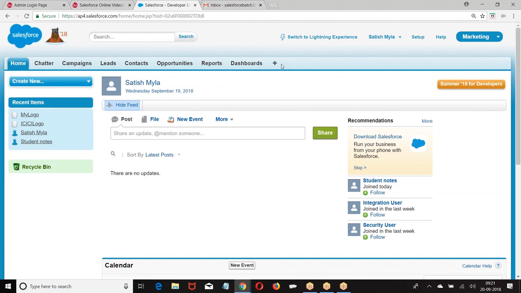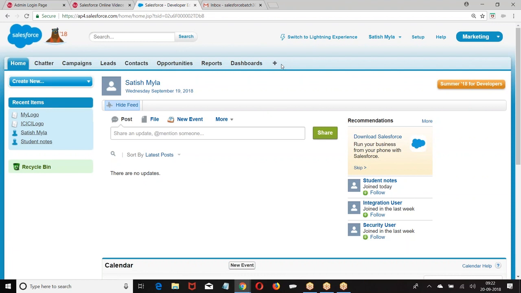Applications created by Salesforce are called standard applications. Custom applications are applications created by the user. Whatever application Salesforce has created is called a standard application.